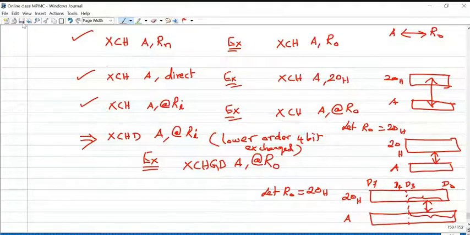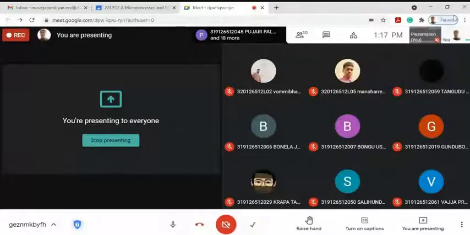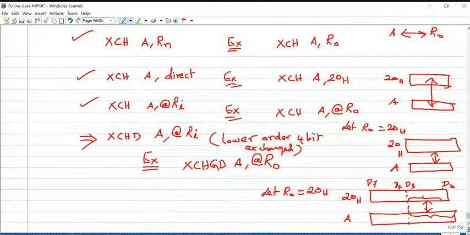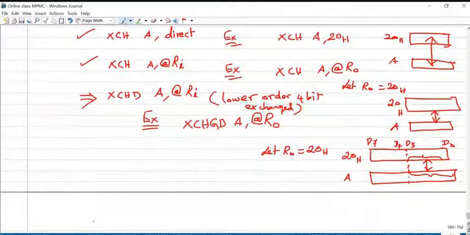These are the instructions under data transfer: move instructions, exchange instructions, and stack memory related instructions.